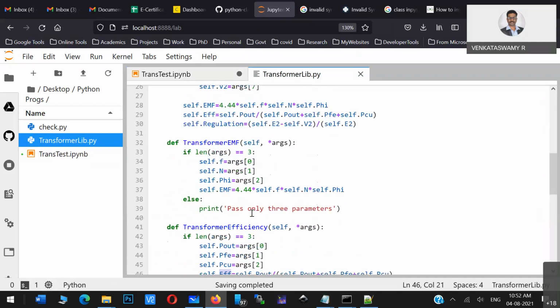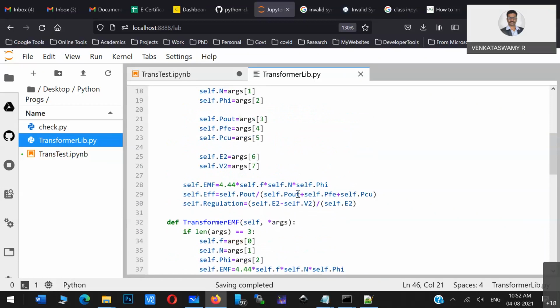So that means this is calculated somewhere. It is having some difficulty in calculating this one. P out, FE, PU. Yes.